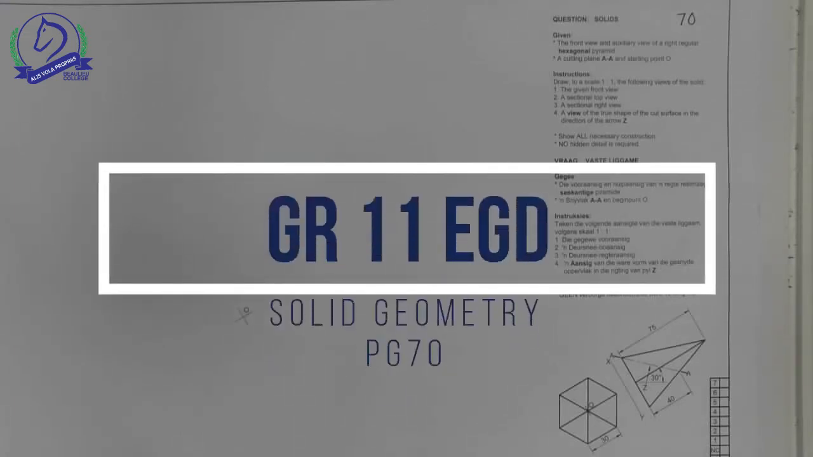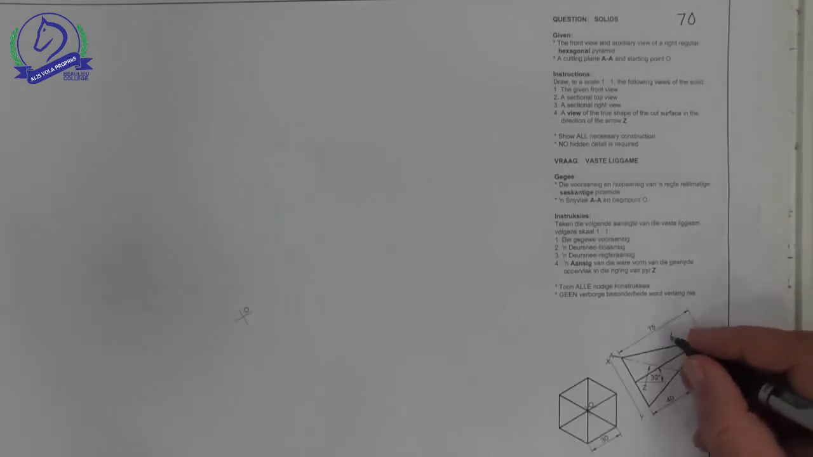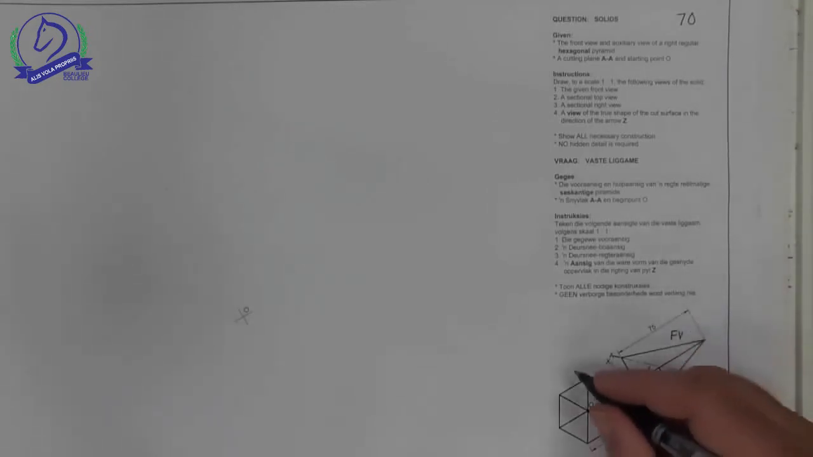Hello grade 11s. Today I'm looking at page 70 in your workbooks on geometric solids. This is the first page where it is a full A3 page. So let's see what they tell us and ask us to do. It says here the given front view and auxiliary view. So please remember that. So this will be the front view, this will be the auxiliary view